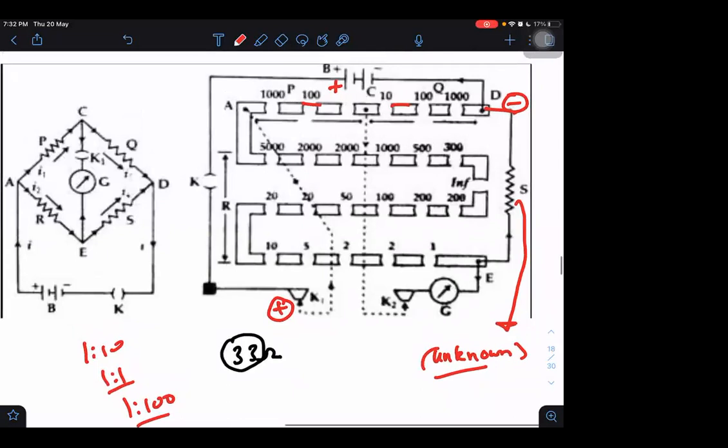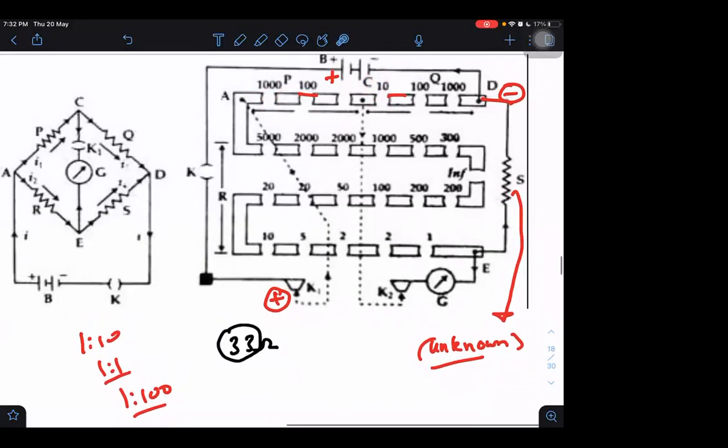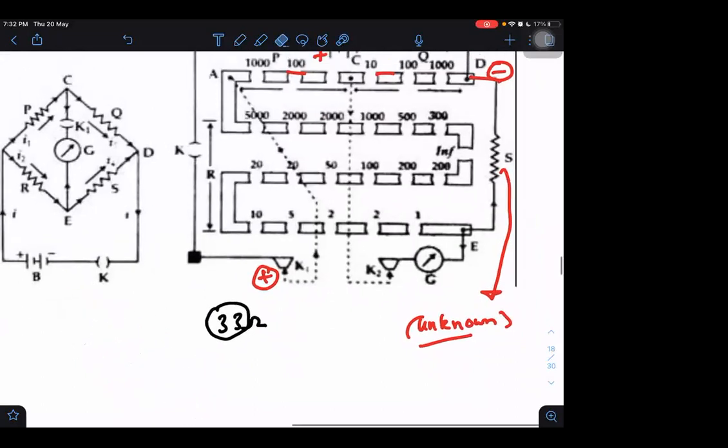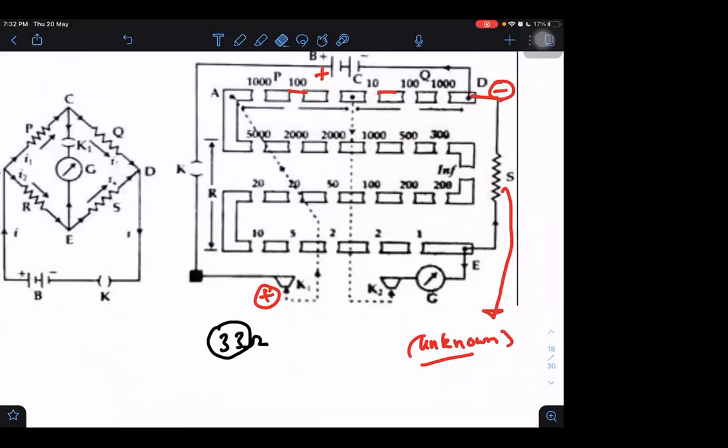Can I obtain 1:100? Let us see once. Yes, sir. 10 on one side and 1000. I can obtain that also. So 1:100 I can obtain, and I can put 1000 here and 100 here, then I can obtain 10 also, meaning different ratios we can obtain. 1:0.1. All these different ratios are possible. Now, why do we keep these ratios in multiples of 10? I will explain it soon.